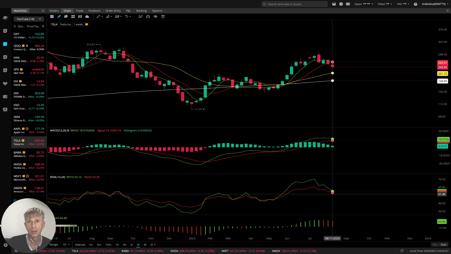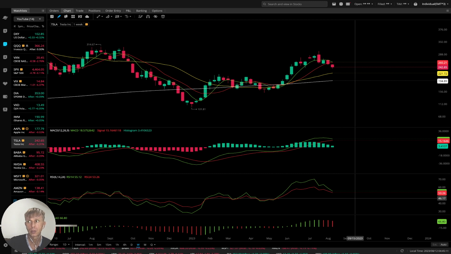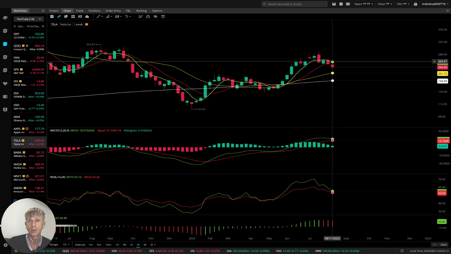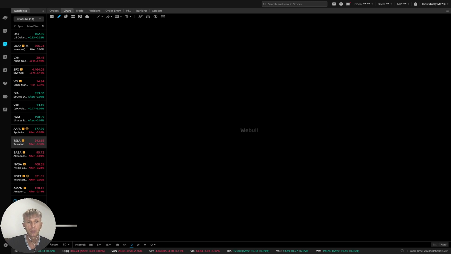MACD, RSI didn't confirm bearish crossover yet. Awesome Oscillator confirmed bearish crossover, and MA5 did bearish crossover over 10 also. Weekly, right? Tesla is building bearish reversal. Daily,